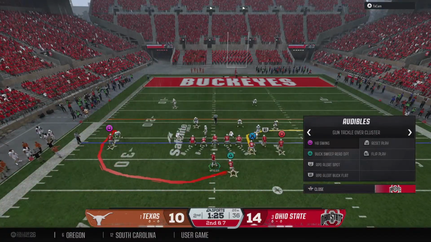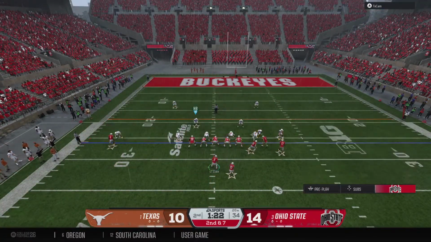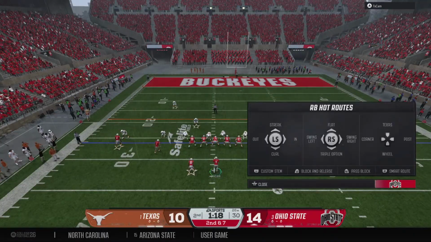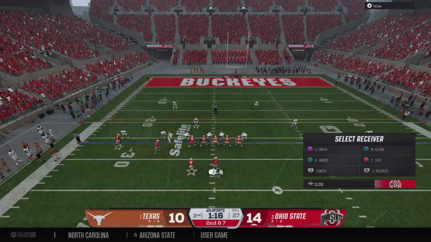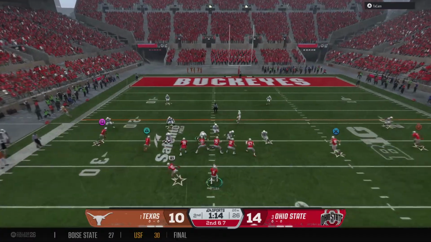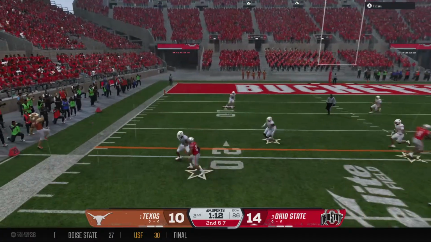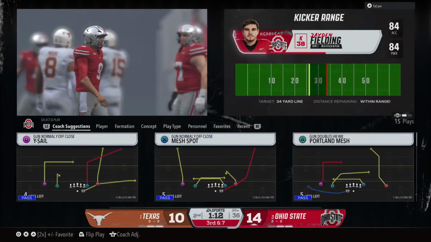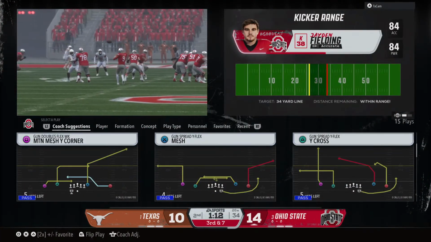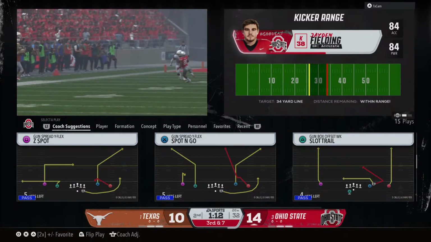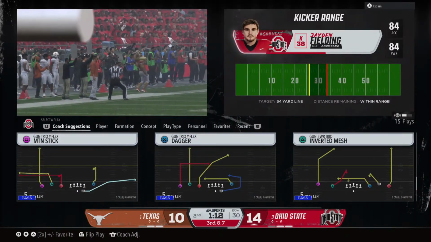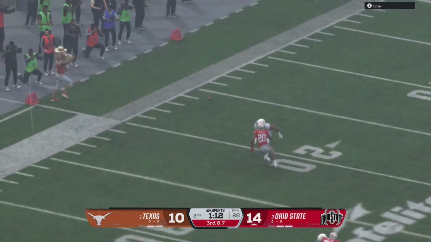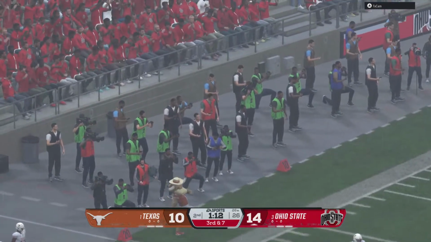Buckeyes will come to the line to crank up the tempo. Quarterback appears to be changing the play. Second down, we're going to throw it. Oh, and he misfires just beyond the receiver's grasp. That ball just seemed to sail on him. You got to make sure to give your receiver a chance to be able to come down with a catch and bounce, because in today's game, man, these receivers make catches like this all the time. And if you put the ball out of bounds, you're not going to give them that opportunity.